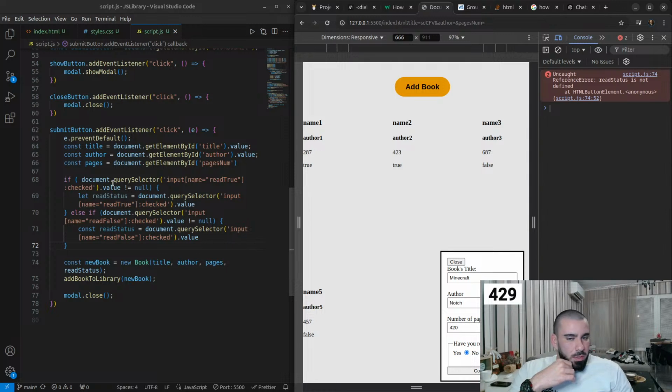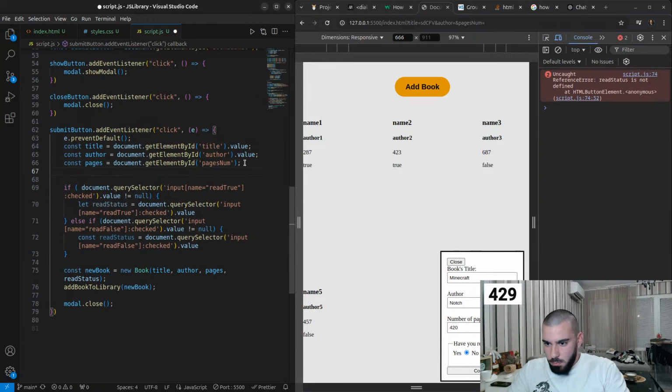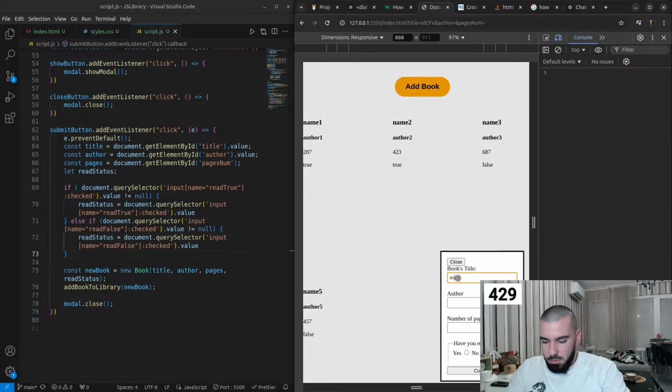So we have some issue with the if statement. Let's see why that is. If document.querySelector input name read true check dot value doesn't equal no, then let read status. Can we just do, wait, sorry, can we let read status here and then just redefine it? And this is const, I don't need const. I don't think this will solve it, but